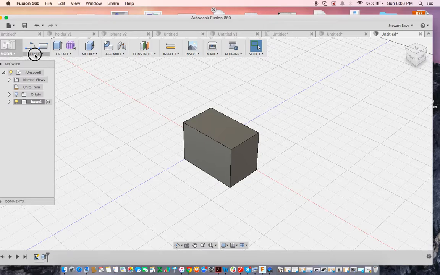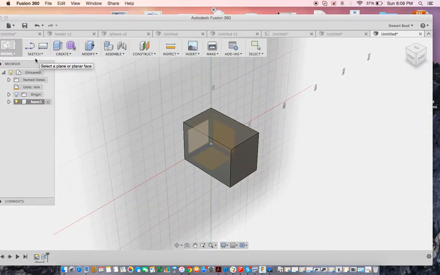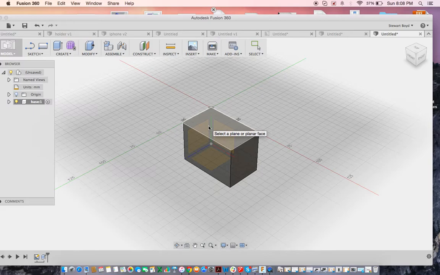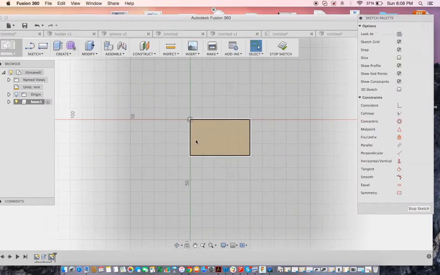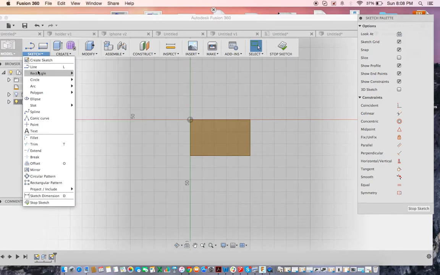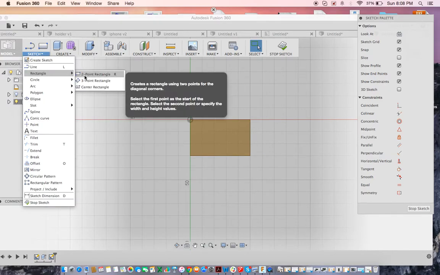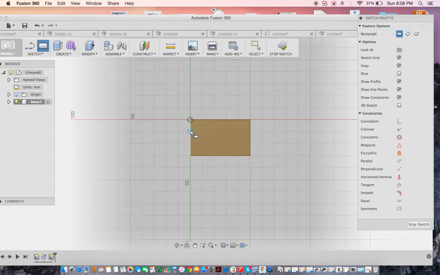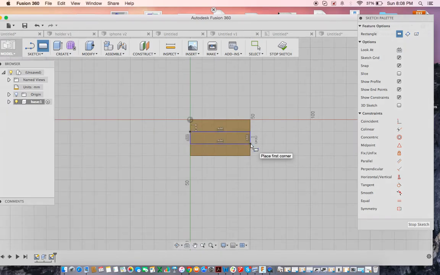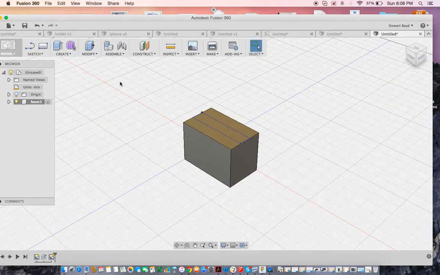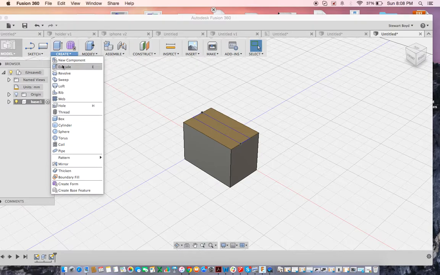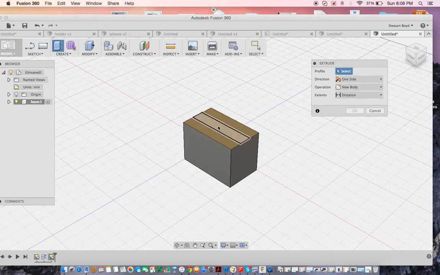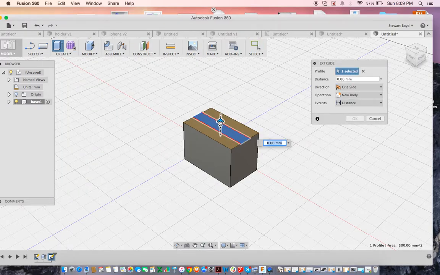So then I'll sketch, create sketch, and on the top surface here, we're going to cut a groove. So I'm going to sketch a rectangle, another 2-point rectangle, and I'm going to do it just on the top, and stop your sketch. And now we're going to create an extrude, and this time click on the top surface,